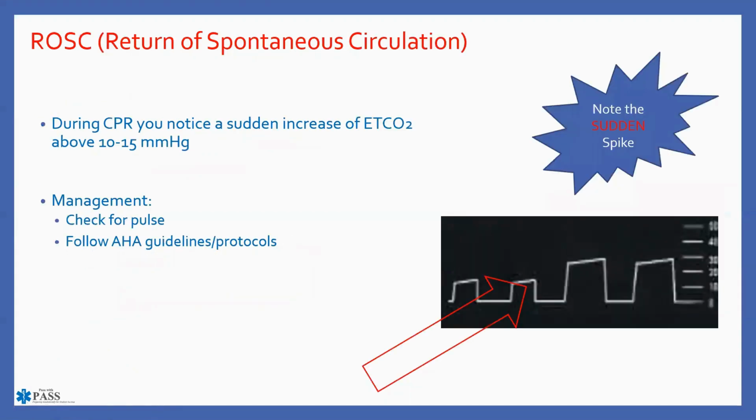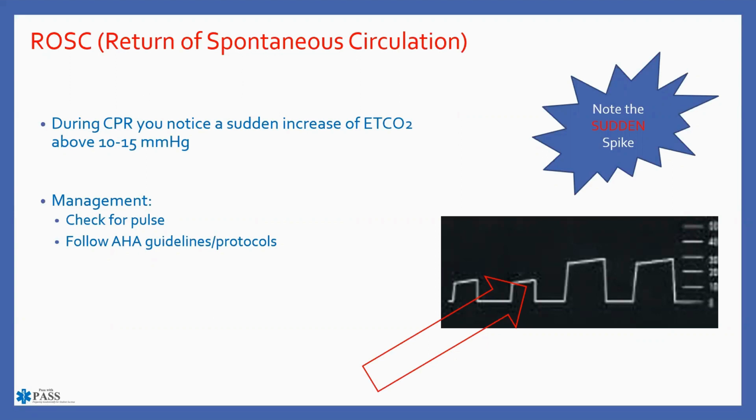All right, return of spontaneous circulation. So you're doing CPR hypothetically on these first two waveforms, and then all of a sudden you notice this sudden spike. And so it went from, we'll say, 10 to 15 up here to about 30, maybe 32. You didn't just get better at doing CPR. There's been a change. In this situation, we would check for a pulse and then follow your American Heart Association